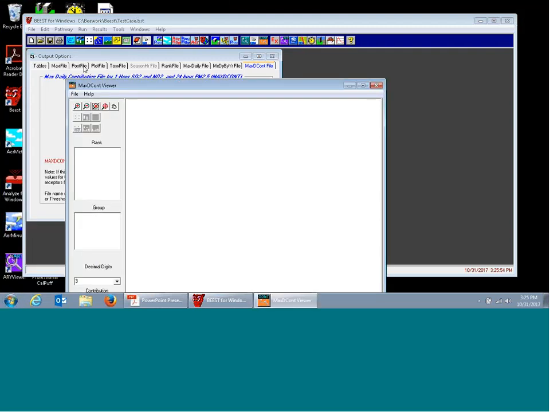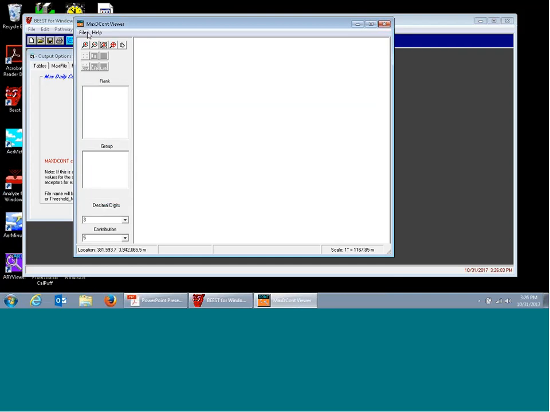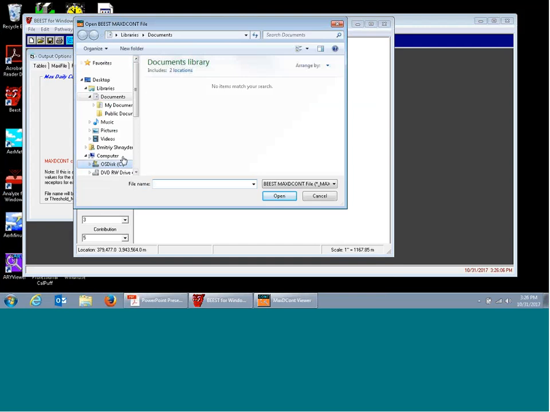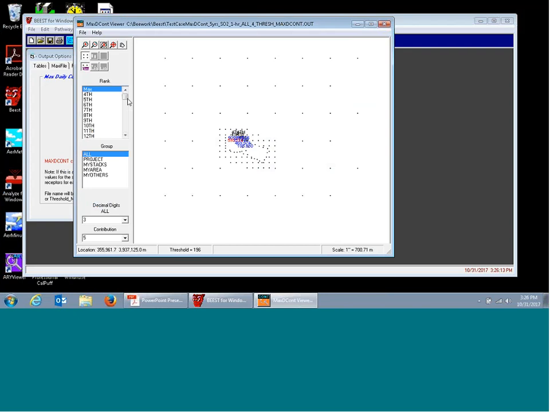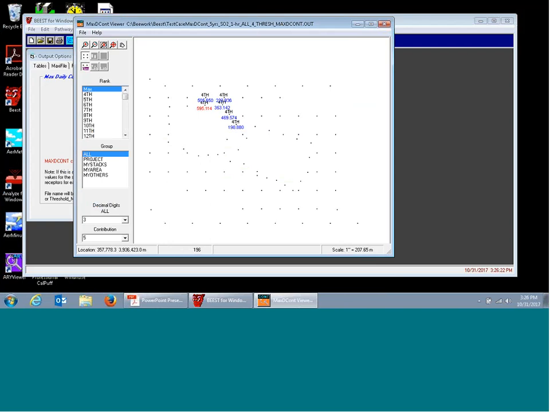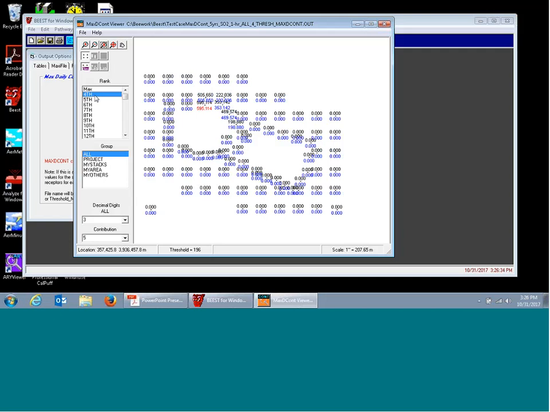And this program is used after you have run AirMod and after you have a file with output concentrations. Let me see if I have a file here. Oh, no, I actually do have an example output file. What this shows to me is that I have a model run with a few receptors here. And let's say I'm modeling, I think this is SO2. If I'm looking at the fourth highest value for SO2,